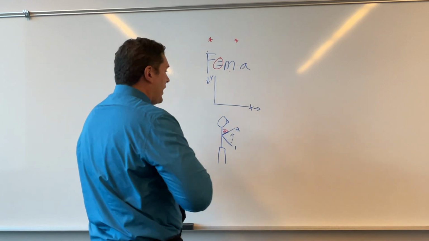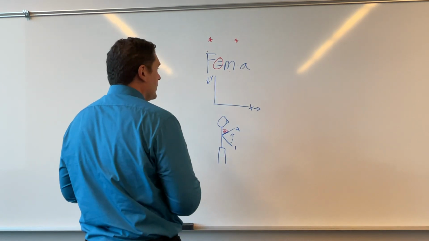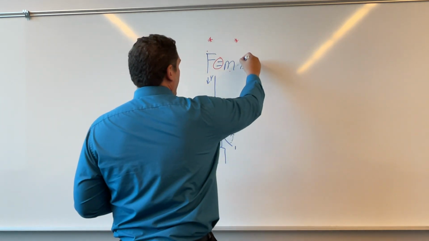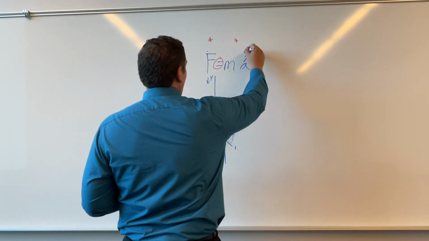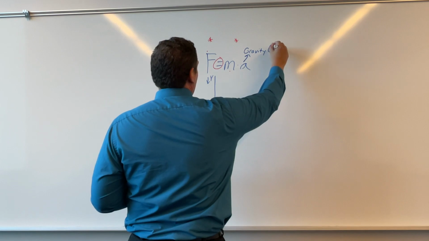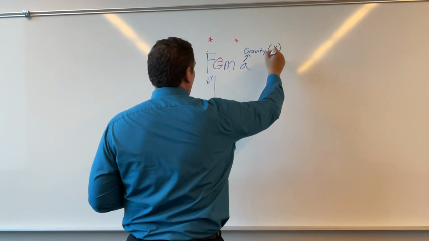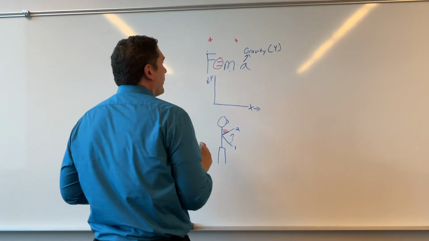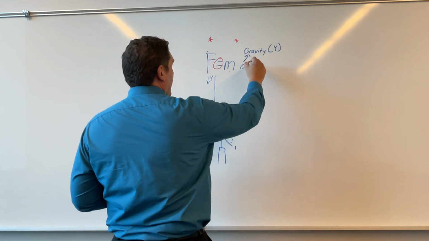So in terms of how this plays into joint angle, if my acceleration is gravity, and gravity is going to move in the y direction, or the vertical direction, what we're going to do is add on